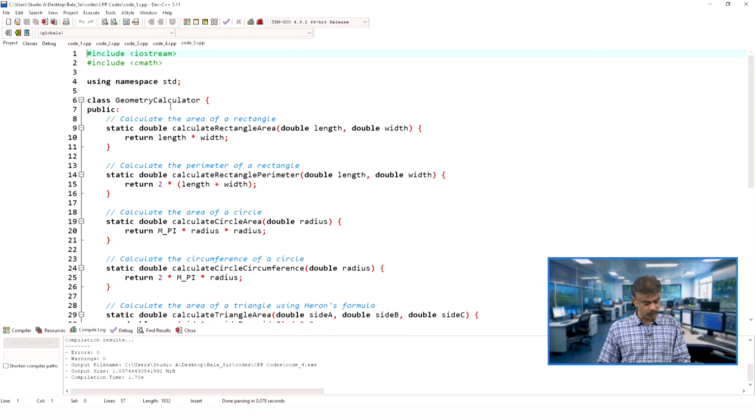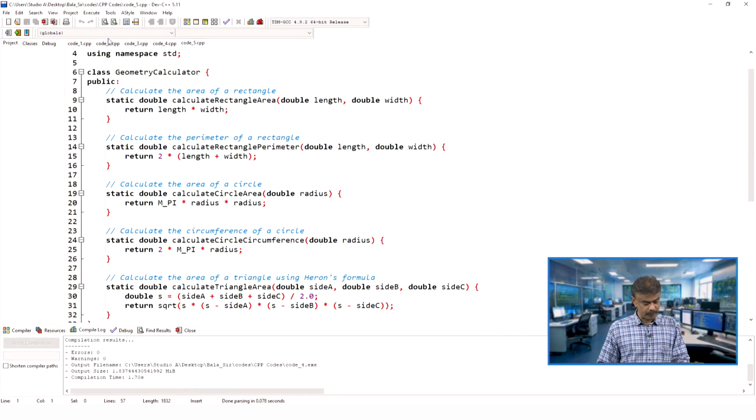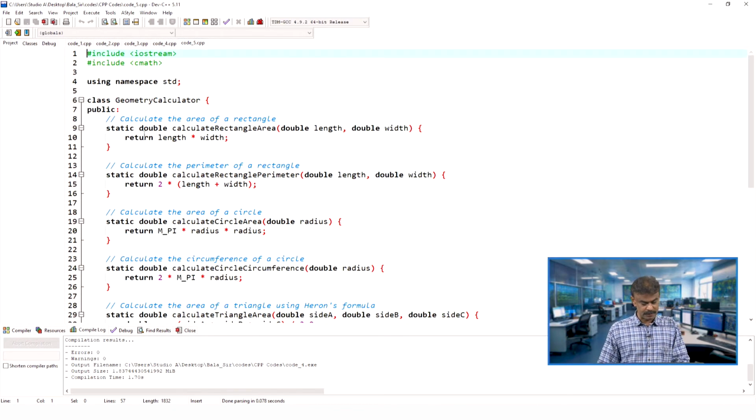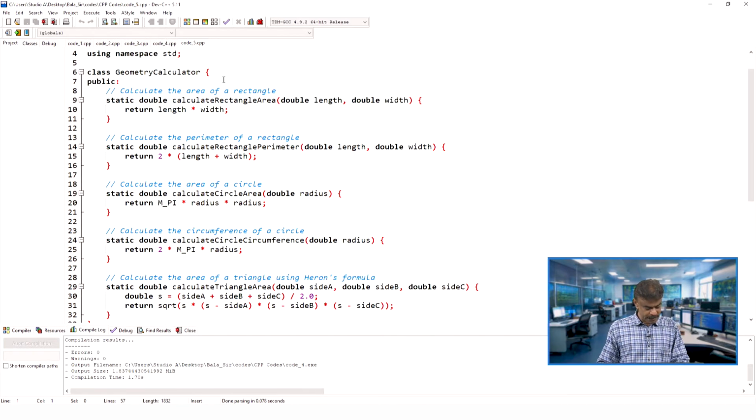So, in the geometry calculator, if you look at line number 9, that is the first member function, line number 14 is the second member function, 19, 24, and line number 29 we have the fifth member function. So, we have 5 member functions and you can see the main.